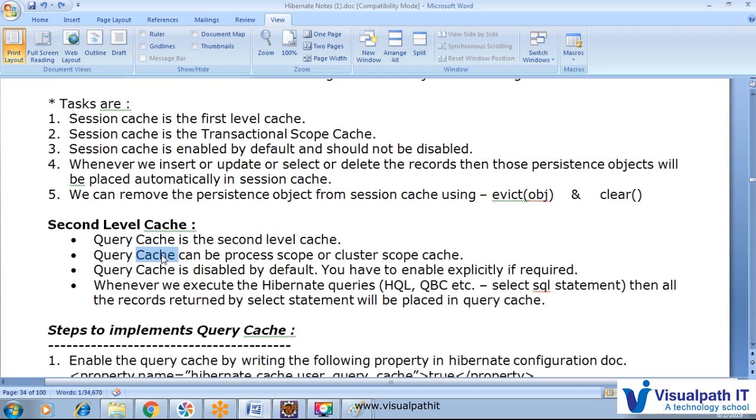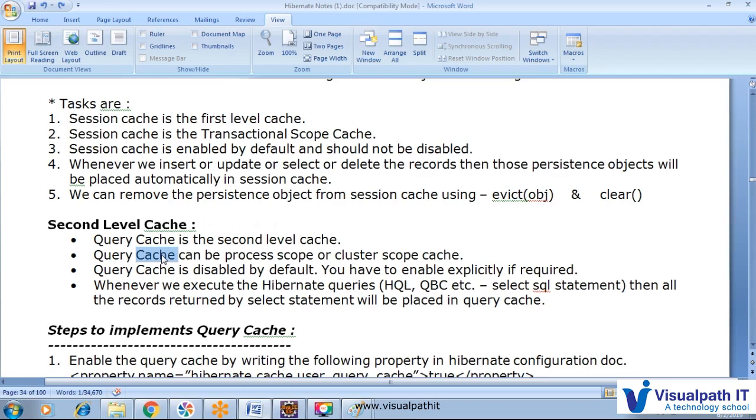Whenever a transaction does a commit, flush or rollback, that cache is automatically destroyed. The query cache is disabled by default, and you have to enable it explicitly if required.